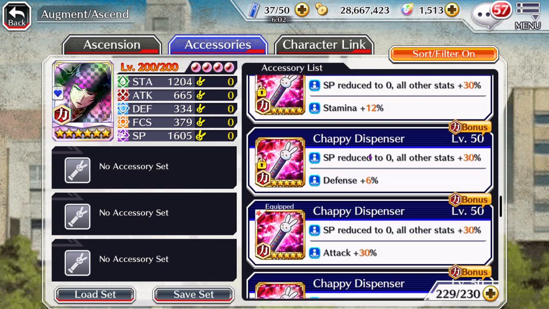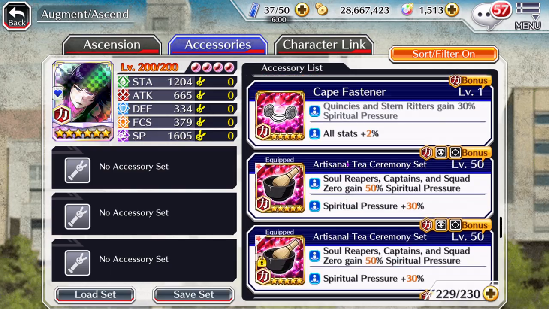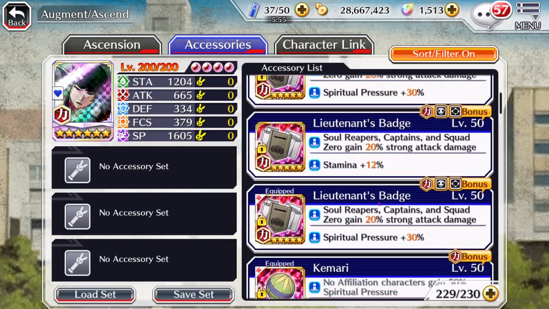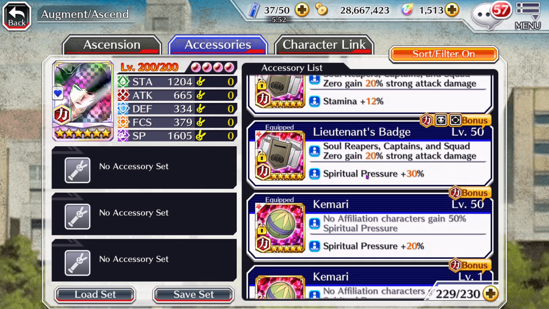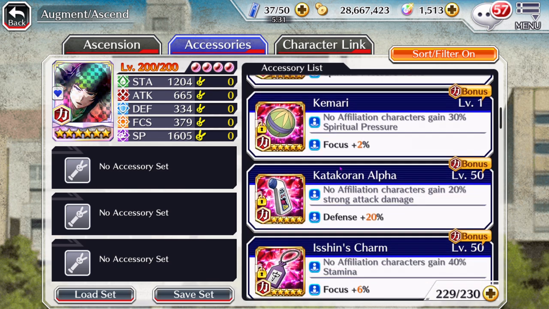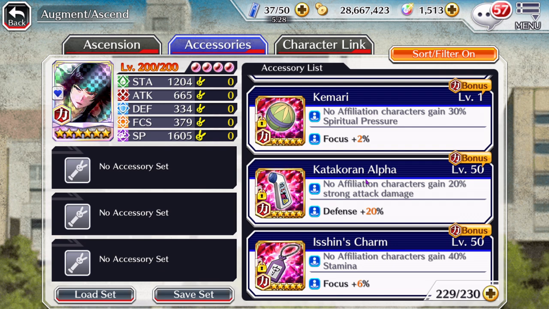And the last accessory I'm going to recommend for Soul Reaper characters is going to be, I must have scrolled past, the Lieutenant's Badge. The Lieutenant's Badge is amazing because, yet again, it is a free accessory you can get from re-rolling. You can get it from summoning, and it boosts Soul Reaper captains and Squad 0 characters' strong attacks plus 20. Now, you're going to be using this accessory a lot because mainly characters are Soul Reapers, excuse me. Now, let's say you don't have a Soul Reaper. That's perfect. Now, that's when things are going to be a little difficult, unless, let's say, you have a no